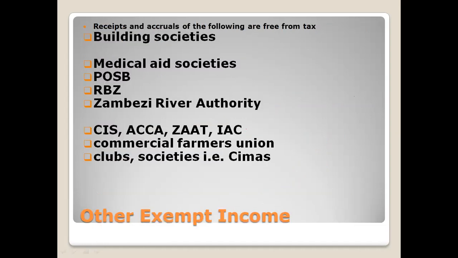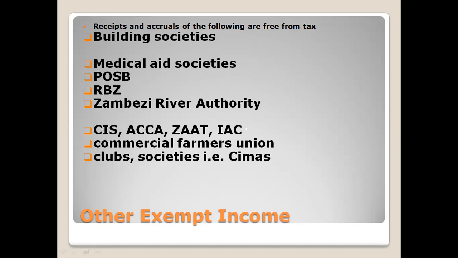Okay, remember we're covering exemptions. Exemptions under corporates. We are not covering exemptions on individual tax. These are exemptions under corporates. Receipts and accruals of the following are free from income tax. Receipts from building societies, from medical aid societies, from post office, from RBZ, from Zambezi River Authority, from